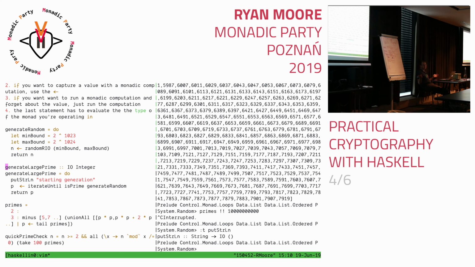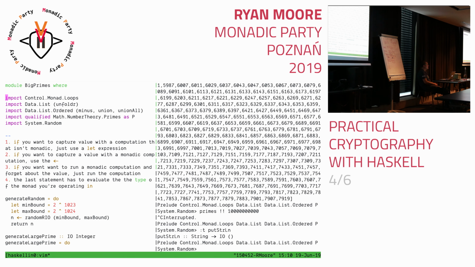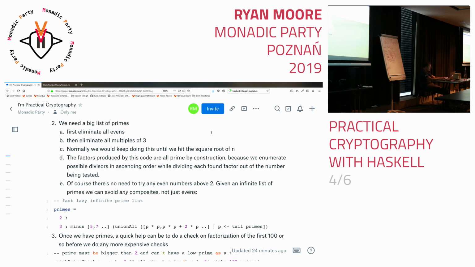It might seem like this is pretty tricky in Haskell, but it turns out really not. The control.monad.loops package is where you want to go anytime you need to repeatedly evaluate IO, anytime you're like, oh, I need to map or I need to fold, but I'm dealing with an IO action. Go to control.monad.loops. It's going to be your best friend. And it translates over pretty much to anything that you would ever want to do inside of